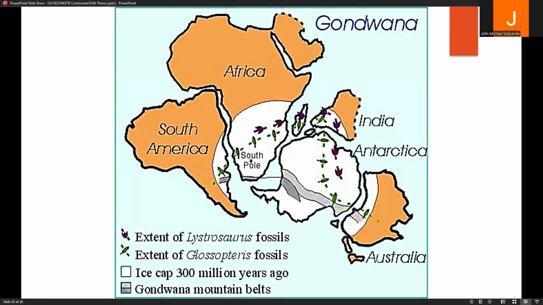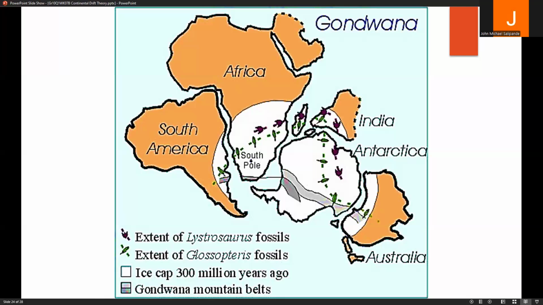So once again, we're dealing with Gondwana land here. We have South America, Africa, India, Antarctica, and Australia. So nowadays, the only continent here that probably contains a lot of ice or glaciers is Antarctica. But before 300 million years ago, there was evidence of glacial and ice deposits among these five continents, suggesting that these five were connected.